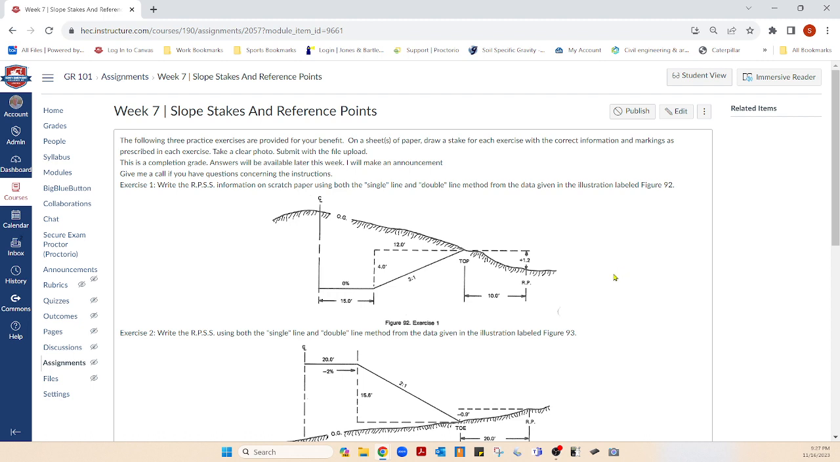So what you want to do is get a sheet of paper and draw 2 stakes. One's going to be a single line and one's going to be a double line. I'm going to start off on this right here, and I want you to get your sheet of paper out. If you don't have it, pause the video and go get it. Draw 2 laths like we've been seeing. Give yourself plenty of room on it, because you're going to take a picture of those and send them to me. So the stake for, let's start with the hard one, for single line here on exercise 1